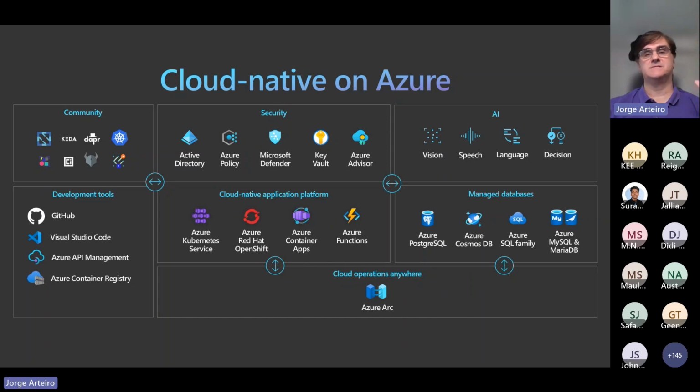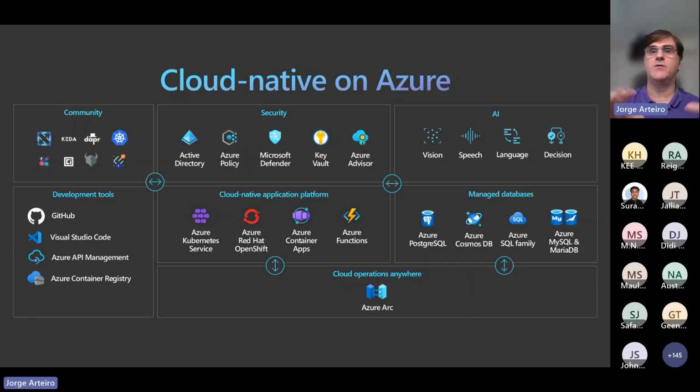But the difference is, I recommend you start with Docker, container instance, then container apps, then Kubernetes. Doesn't mean that you have to move. You can use both, depending on your workload. Some applications can run on container instance, some on Azure Functions, some on container apps, some on Kubernetes. Okay, depends on how you're going to do it.